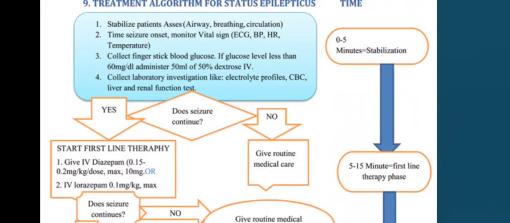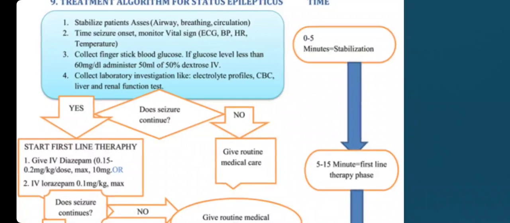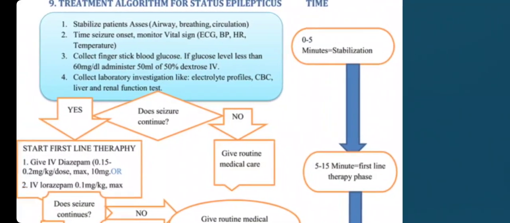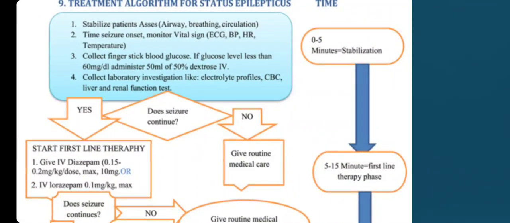So we'll look at this treatment algorithm that's used for status epilepticus. Once a patient starts seizing, the first 0 to 5 minutes are used for stabilization. So what does that mean? When you stabilize the patient, you assess the airway, breathing, and circulation, time the seizure onset, monitor vital signs, and get an ECG if possible, check the BP, heart rate, temperature, and collect blood glucose, and if blood